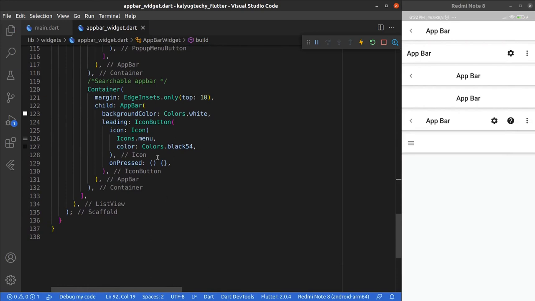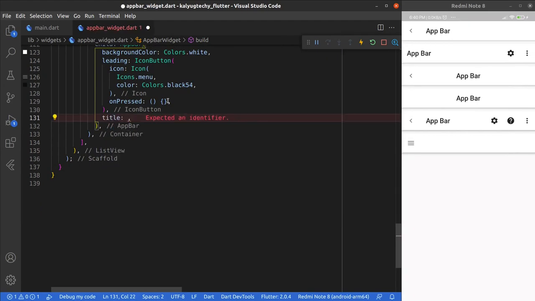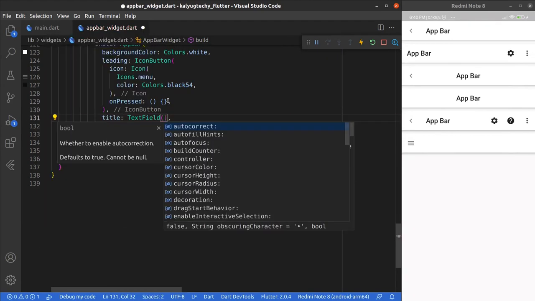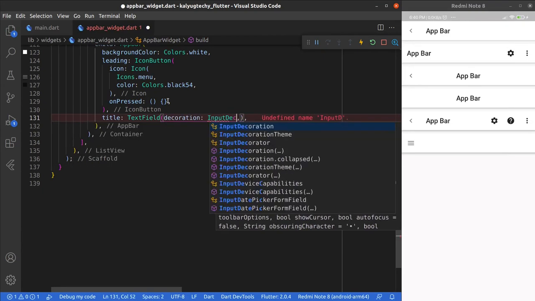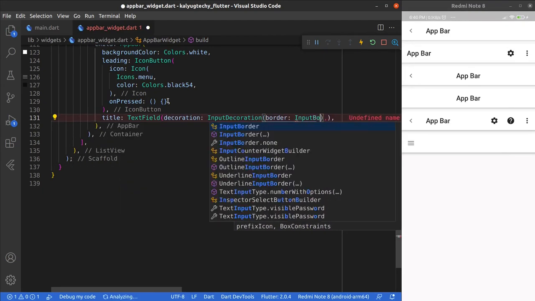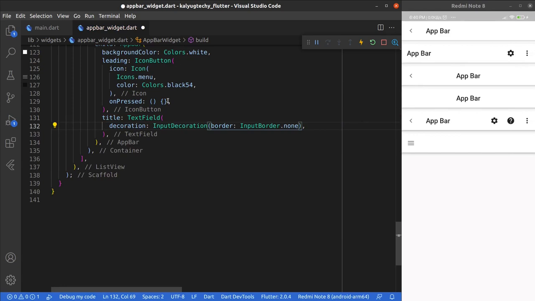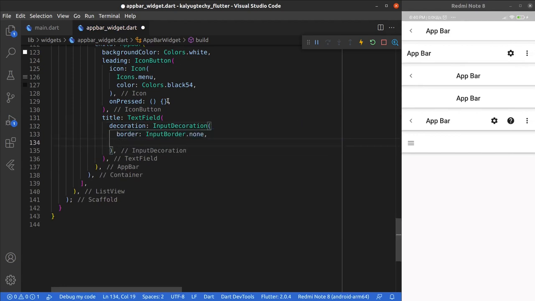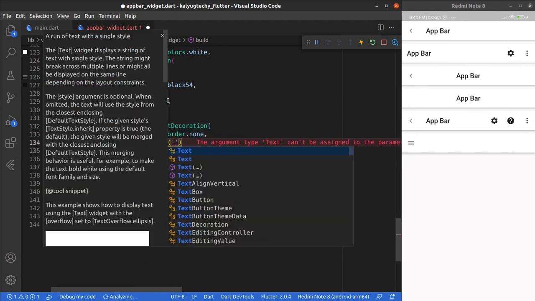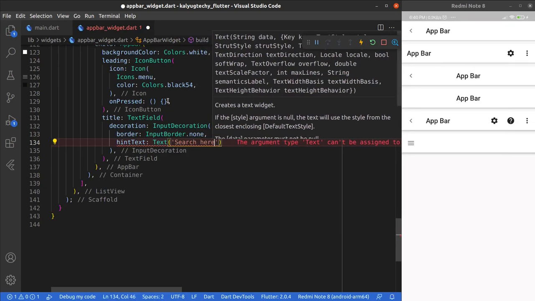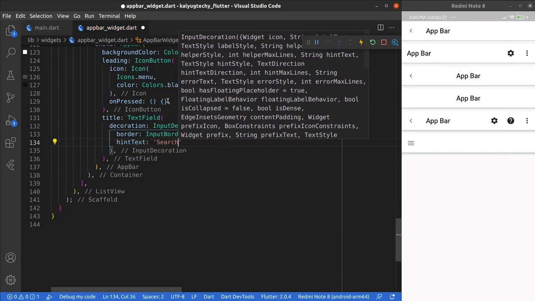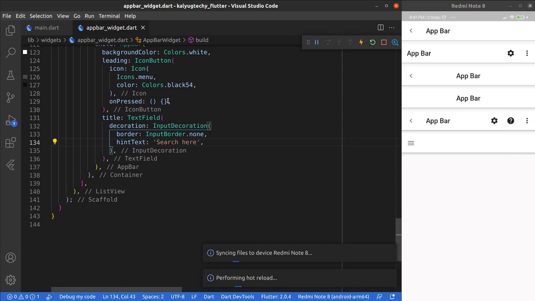Now in the app bar's title, we are going to provide a text field, because the title takes a widget, and a text field is also a widget. We are setting the border to none because we don't want to show any border, and the hint text to search because it suits a searchable field.